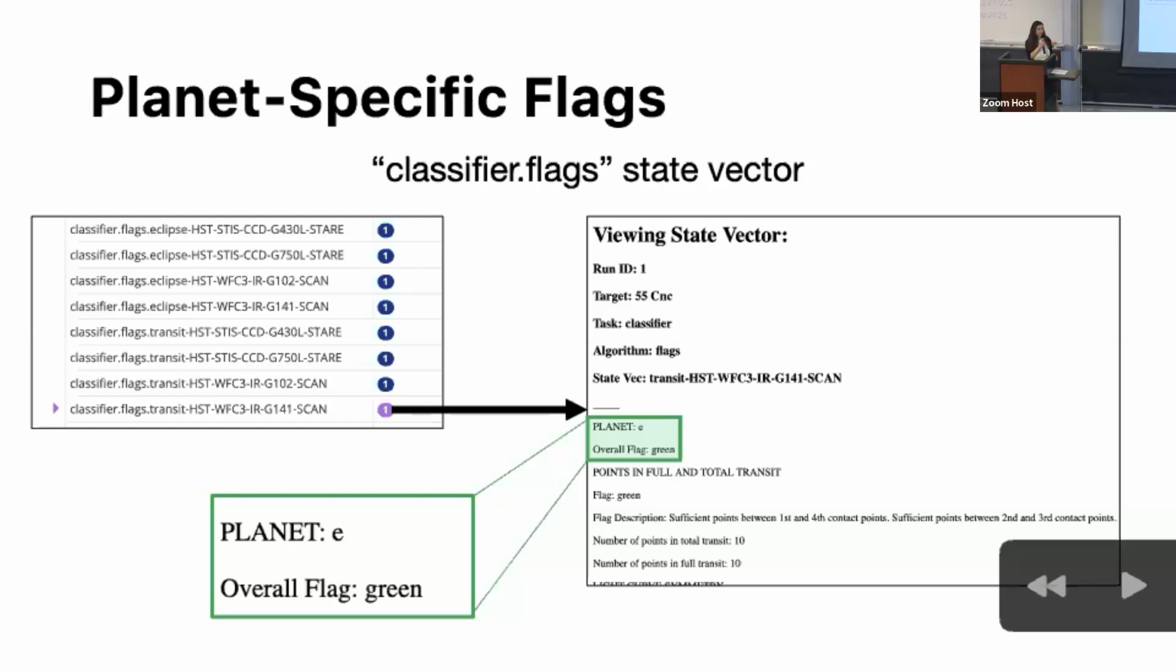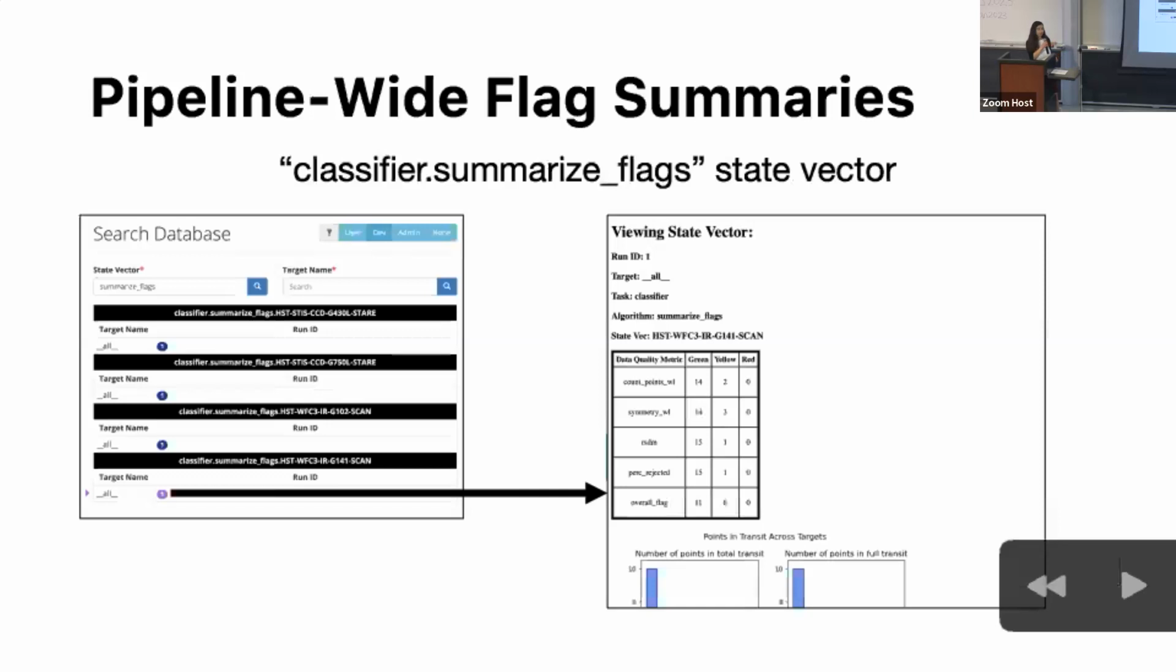But another important aspect of classifier is that it allows you to do pipeline-wide flag summaries. So another state vector we have is classifier.summarize flags, which gives insights across the entire pipeline on all targets. So it tells you how many targets got green, yellow, and red flags for each algorithm. And it also gives you visualizations in histograms of the distribution of each target on different algorithms. And so this can be really useful to see where in the pipeline we might need to fix the code,